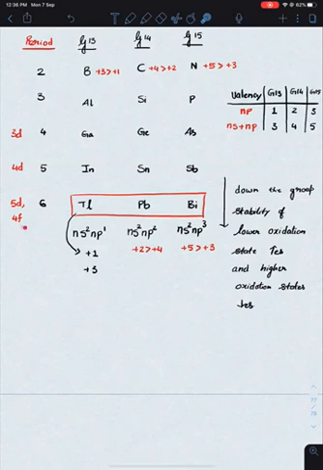Because of the poor shielding of d and f, what happens to Z star in thallium, lead and bismuth? Increase. It is increased very significantly. So +3 का मतलब क्या है? You need to remove 3 electrons. Removal of 3 electrons will become difficult in thallium, removal of 4 electrons will become difficult in case of lead, and removal of 5 electrons will become difficult in case of bismuth. और else उसका उल्टा सोचते हैं.